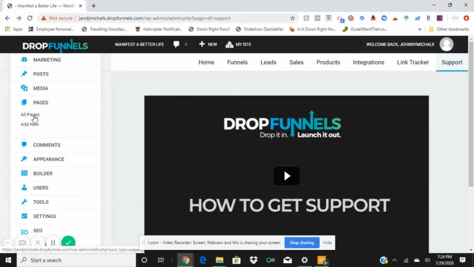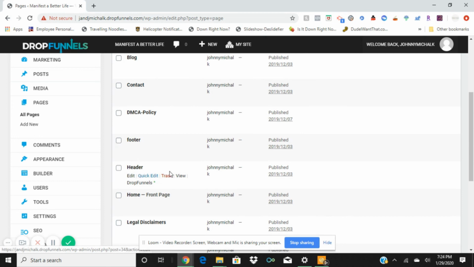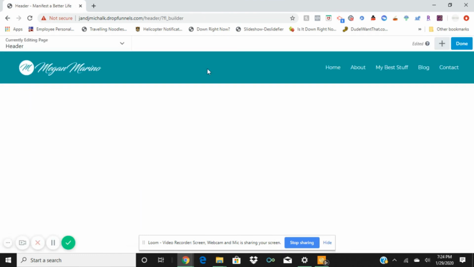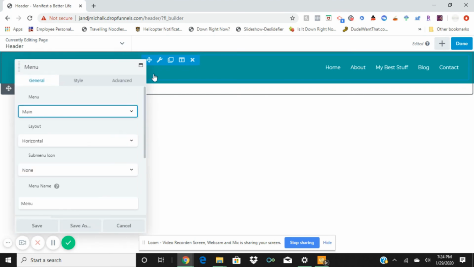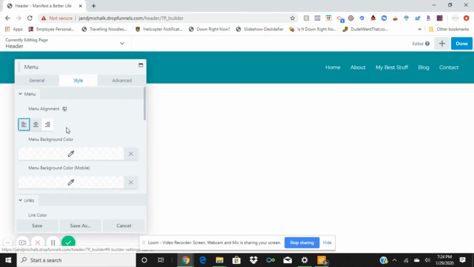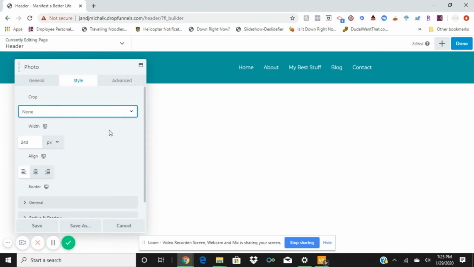Now we go into our pages and take a look at all of them, and you will see that right here, you've got header and footer. So for the header, go ahead and select the drop funnels, and it's going to take you right on in, and here we have our header itself. We can change out and make that alignment a little bit different. Just move that there and call that good. Let's save that, and let's go ahead and change out